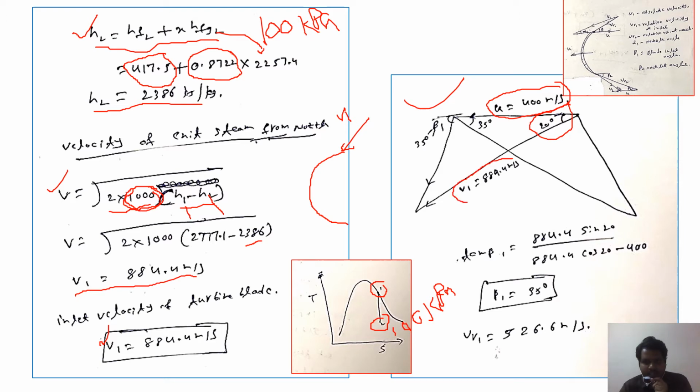V1 we just calculated, that is 889.4 meter per second. Now we have to calculate the blade angle. To find the blade angle, from this triangle, so this is a triangle. From this triangle